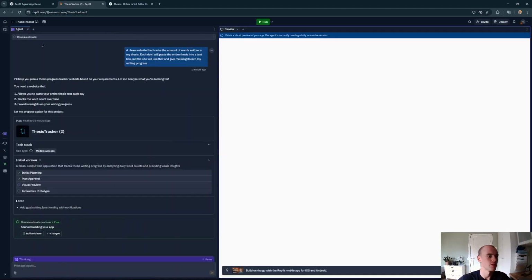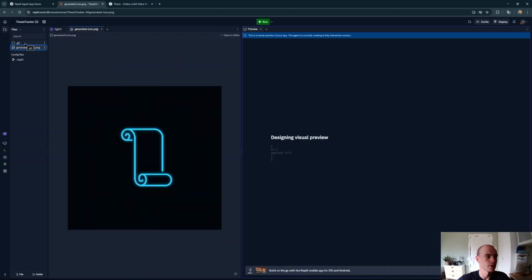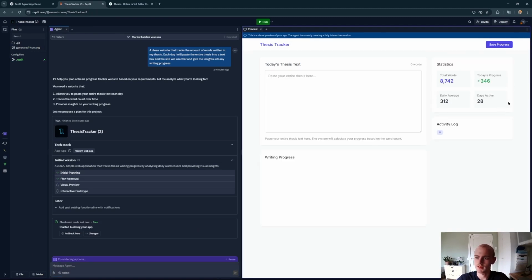So now what the Replit agent does is that it will begin to create these files here. It will create an icon, also create the Git repo. And here we can see that the agent begins to work, and it actually starts to populate this website, which is incredibly cool. So we can see the statistics here, just populated it with some random statistics,